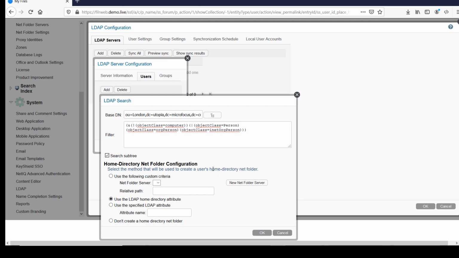Down the bottom here we've got the home directory folder configuration. We've got some options here, but more often than not you're going to be using the LDAP home directory attribute for the home folder configuration, assuming you've got that populated in Active Directory. We then just need to click on OK,